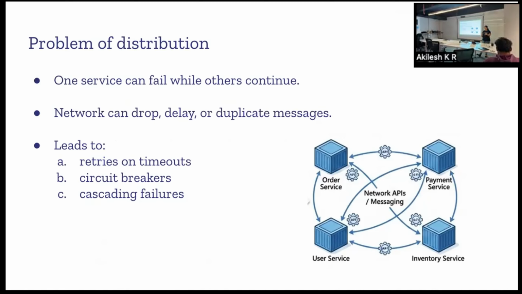Let's say a dependent or upstream service has gone down, and it shouldn't take all the other services along with it. So we need some sort of circuit breaker in place so that we can have some back pressure and survive even when other services fail in an architecture.